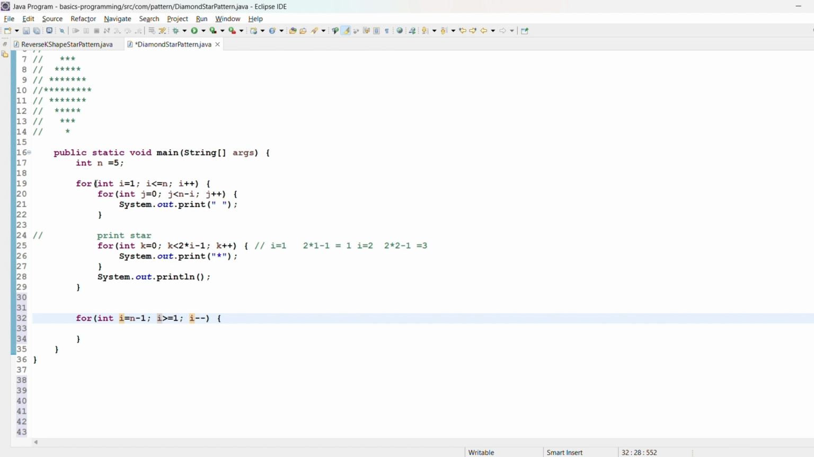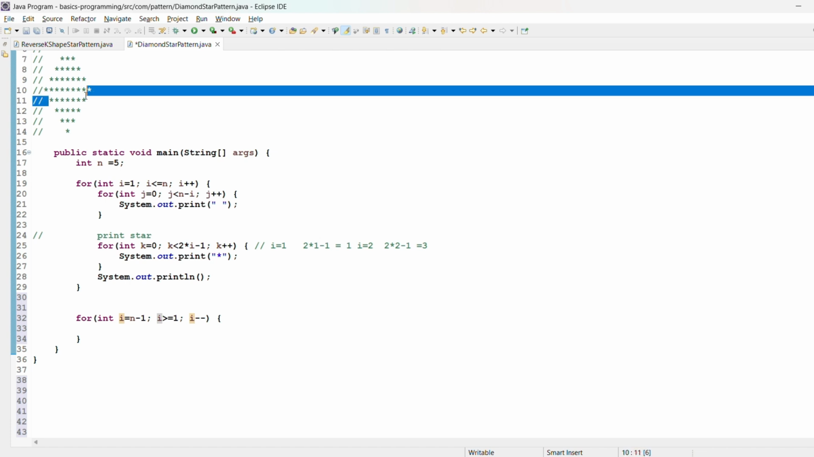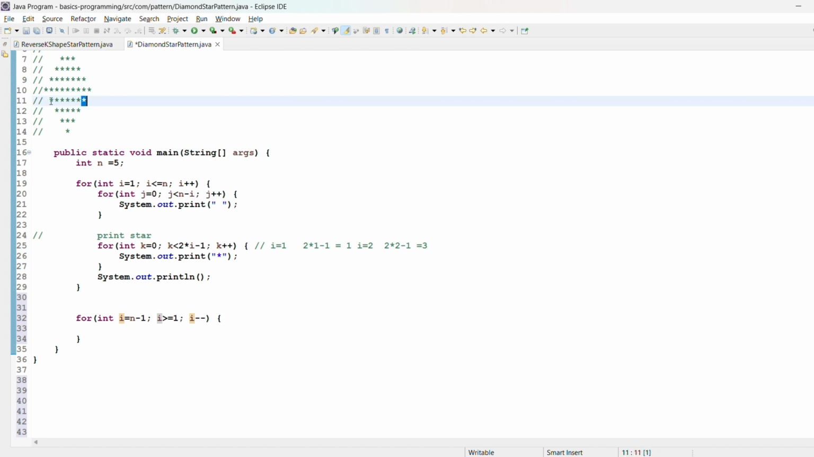Why i minus minus? If you remember, in the first line we have 7 stars. Then here we have 5 stars, then 3 stars, then 1 star. It means it will decrease by 2 in every single iteration. That is why i is greater than or equal to 1 and i minus minus. Inside of this,